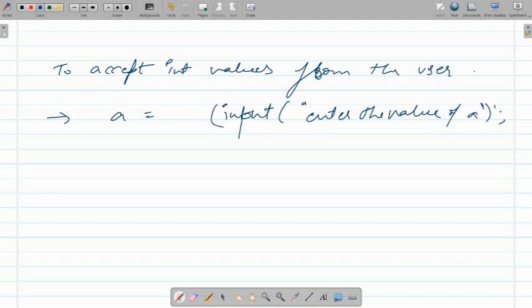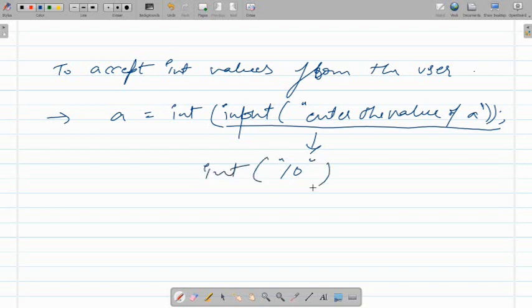Now we will typecast this value using the int typecaster. The input function accepts string values from the user, say 10, and this int function will convert that 10 into a numeric value, then A becomes 10.